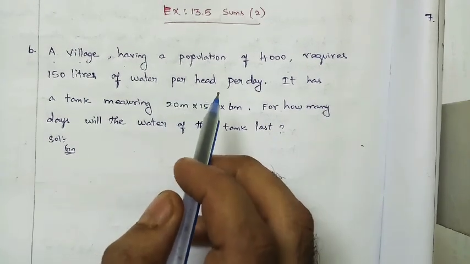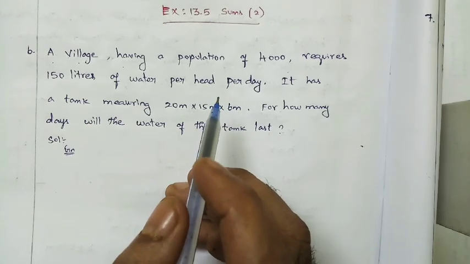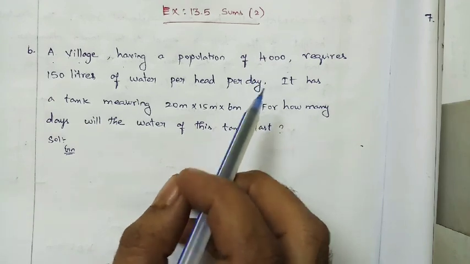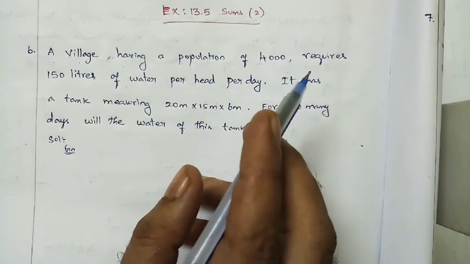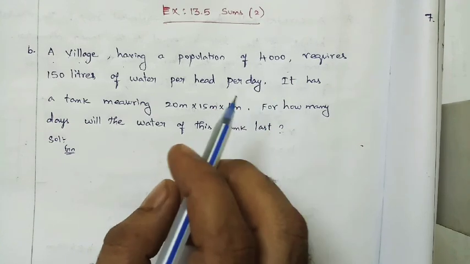We are discussing the volume of a cube and the volume of a cuboid. For finding the volume of a cube, what do we need? The side or edge, the length of the side or length of the edge of a cube. What is the formula for the volume of a cube? A cube.